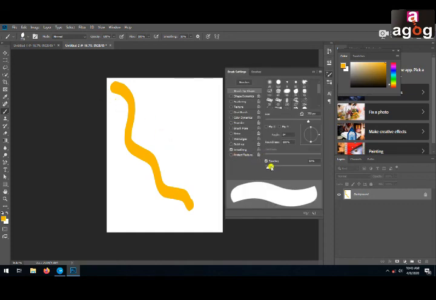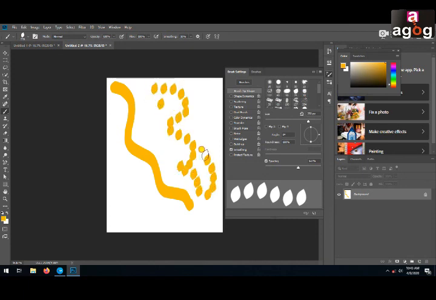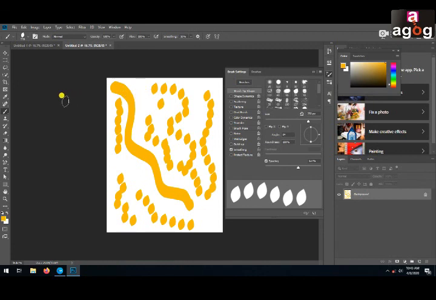Here you can see the Spacing option. Just increase the spacing. Now when you use it, you can see the brush that you created earlier. You can resize it.